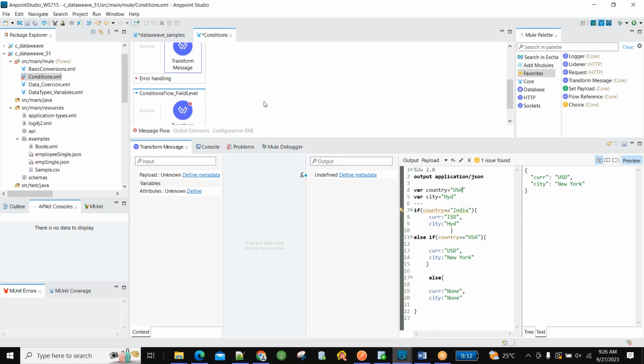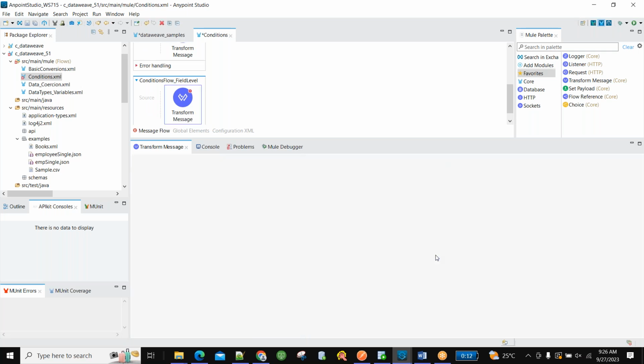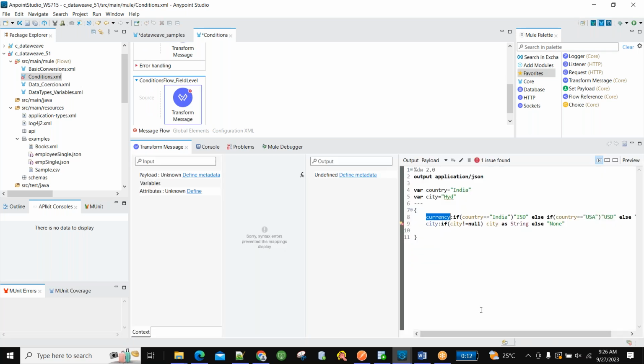We can apply even at field level as well. Now what I am doing is writing if else conditions directly from the starting itself. But at field levels also we can do that. That means, see, currency. In one line I can write that condition. At field level means I can check the condition directly over here for each field. To this field this if condition is applied, to that field that condition is applied. That means for each and every independent field also we can apply the condition.